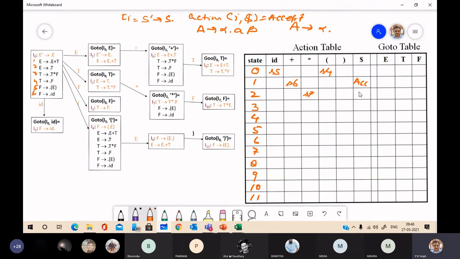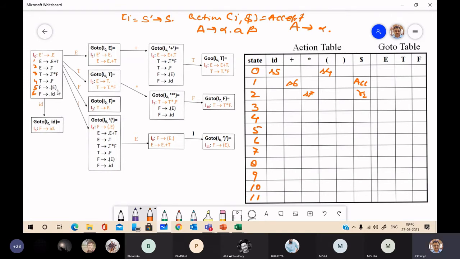Follow of E is dollar, then R2 reduced by production number 2, because E is the start symbol, so dollar is in follow of E. Next, production number 5.